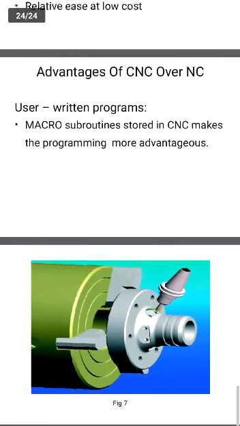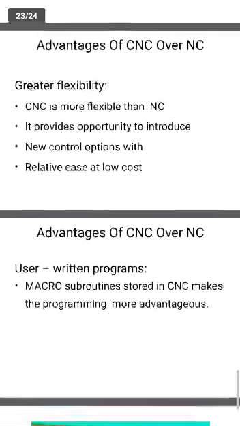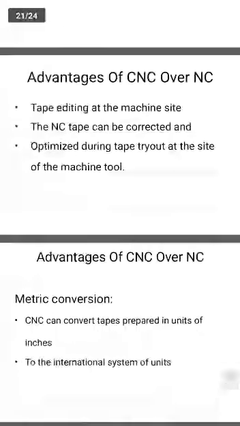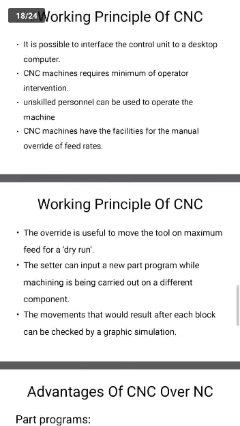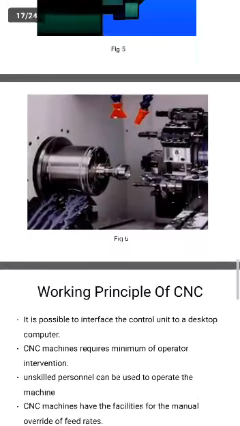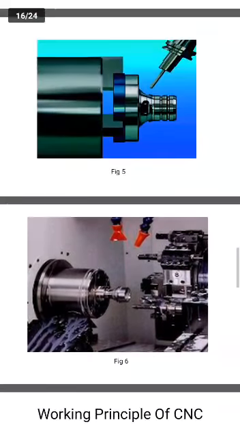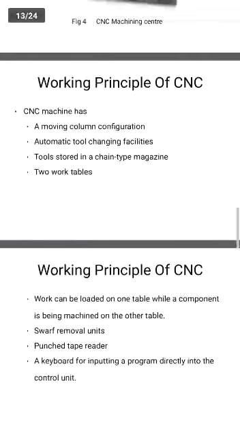So this is the spindle moving, and how the tools are fixed. Here it shows how to fix the tool and remove the tool. In today's class we have seen the advantages of CNC and the working principle of CNC, how the tool changes and how the spindle can be changed, with these diagrams.